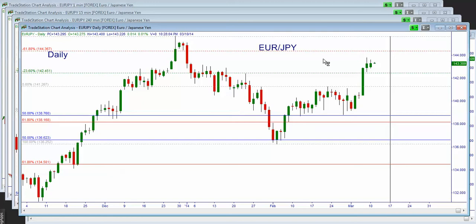So as now this market went above 142.45, there's a possibility of this market to continue higher into 144.36, and then we should get a retracement, maybe an extension here for a continuation higher. When we study the